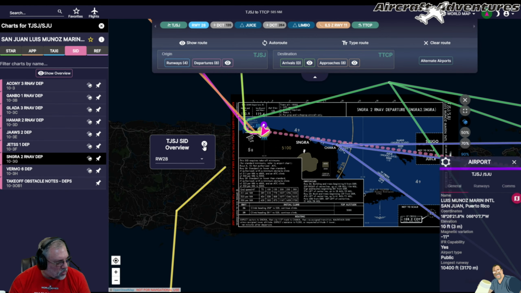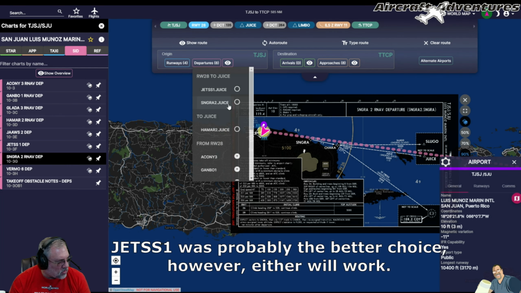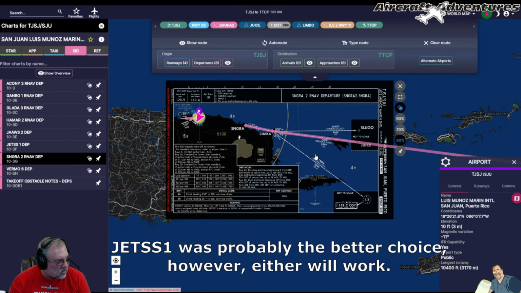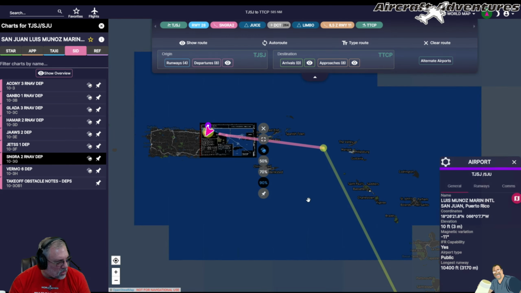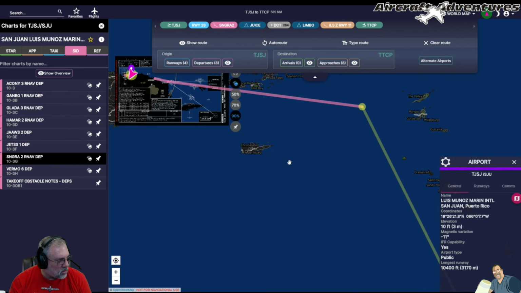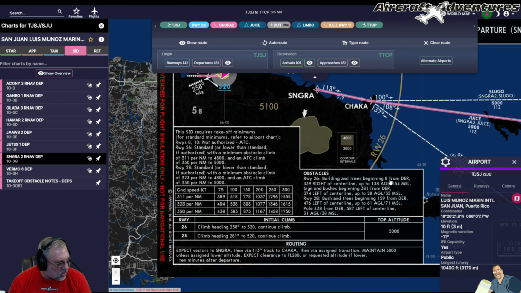We'll get rid of this information. Runway 28 is already selected. We're going to select Singra to Juice. Perfect. And then from Juice down to Limbo, that sticks with the original flight plan, so that looks good. So we've got an adjustment to our flight plan. We'll spot check what it has for departure. So 28,